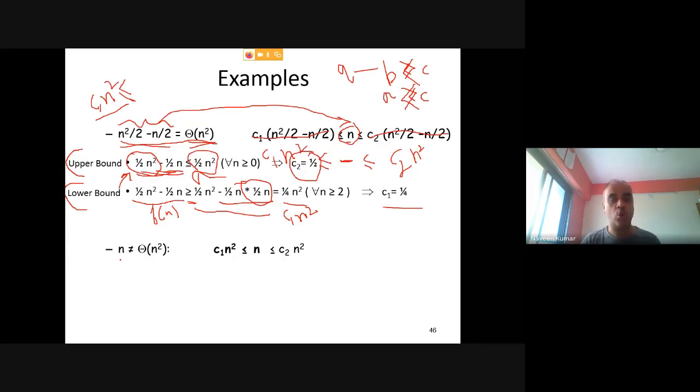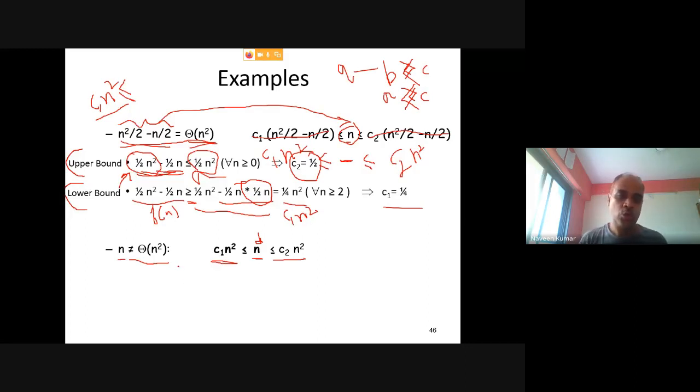Here we want to show that f(n) is not equal to theta of n square. So another type of example where we need to prove that this is not correct. So you cannot actually approximate this n with theta of n square. Means basically you need to show that this function f(n) is less than equal to c into n square and greater than equal to c1 into n square. Right? So f(n) is here. Here are your g(n) functions, right?